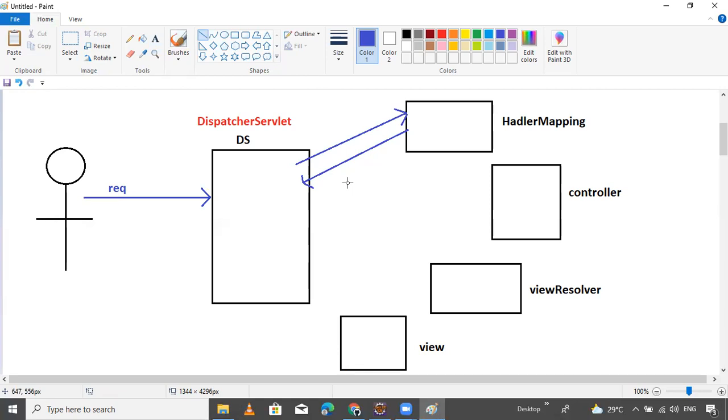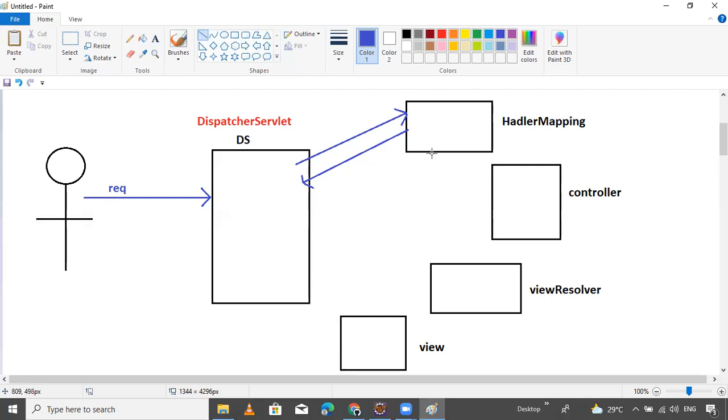Okay, guys. So the dispatcher servlet takes the request from the client and searches the handler mapping. The handler mapping returns the controller class name and location. Handler mapping is doing a simple thing. I will write down all these things in theory, don't worry. I am just explaining the purpose. The handler mapping returns the controller name and controller location.